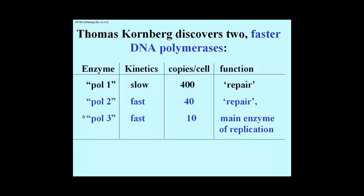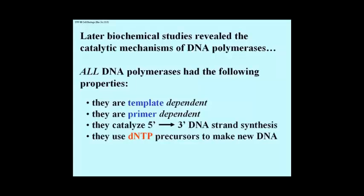DNA polymerase II was much faster acting. There were, however, 1/10 the number of copies of this enzyme per cell. We now know, after many years of looking around, that this DNA polymerase in E. coli is also involved in repair mechanisms when DNA is incorrectly replicated. And DNA polymerase III, the one with the asterisk, turns out to be the main polymerase of replication in E. coli. Biochemists soon determined most of the catalytic mechanism of DNA polymerase, and perhaps not surprisingly, most of these activities